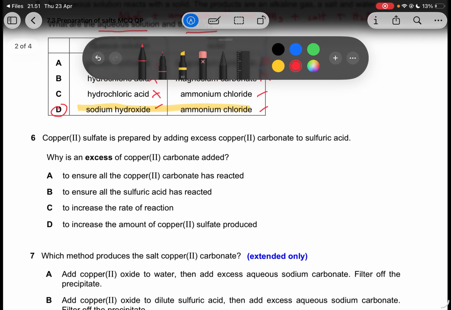Number 6. Copper sulfate is prepared by adding excess copper carbonate to sulfuric acid. So this is the same question again. So why excess? Because we want to ensure that all sulfuric acid has been